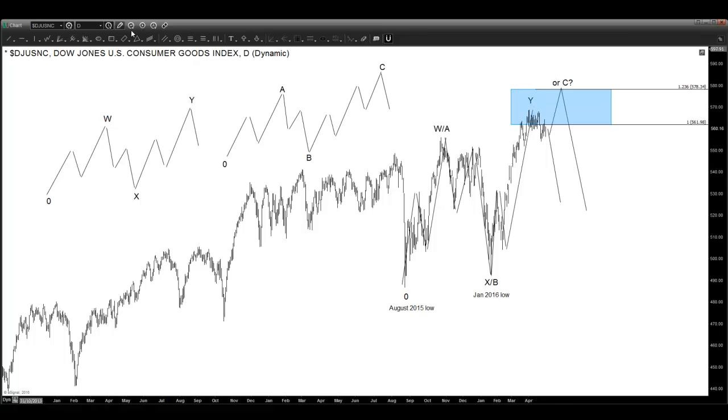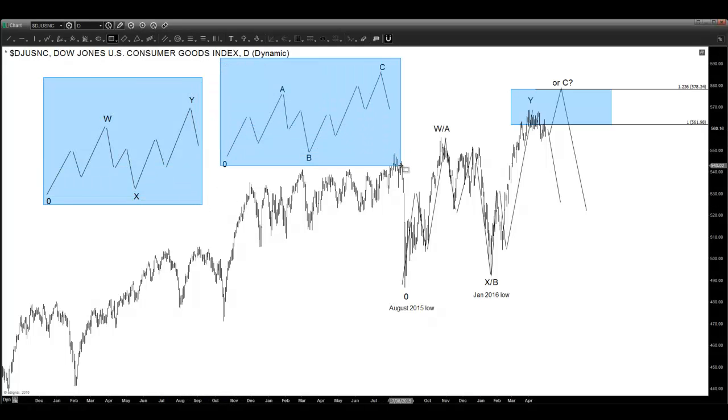So if you take a look on the left of the chart, you're going to see here I have drawn a WXY and an ABC structure for you guys to understand. Okay, this is the WXY structure, 1, 2, 3, a 3-wave pullback, 5, 6, 7. Okay, this is what you have so far up till this peak. A W/A, X/B, and then a Y either completed here,